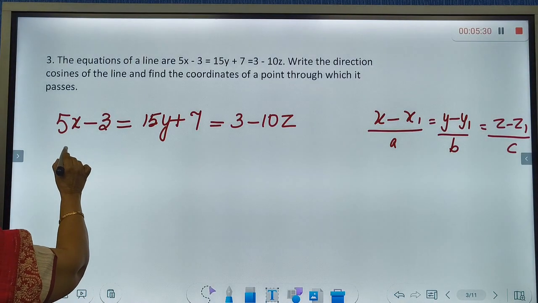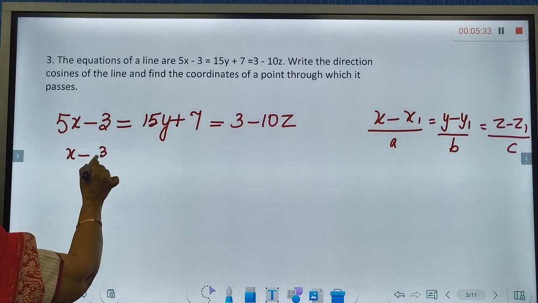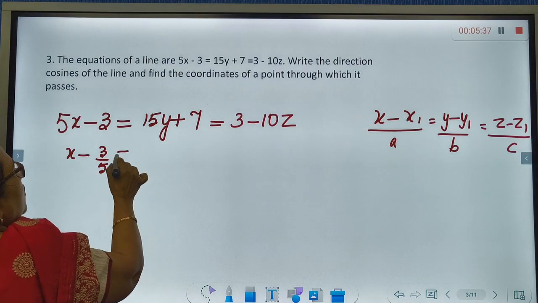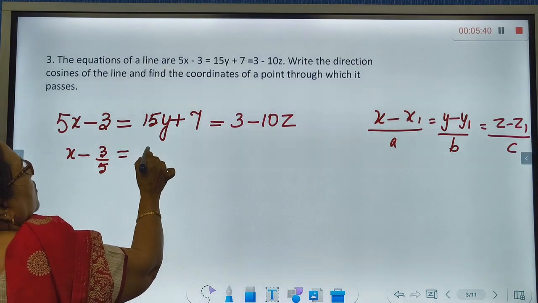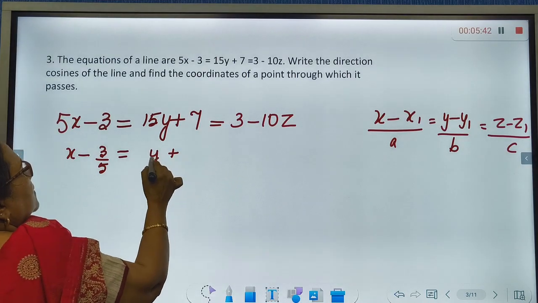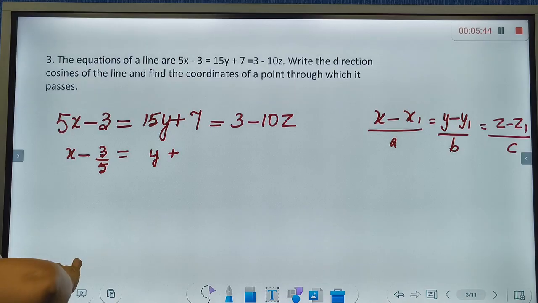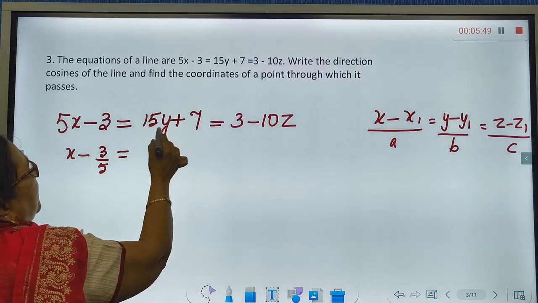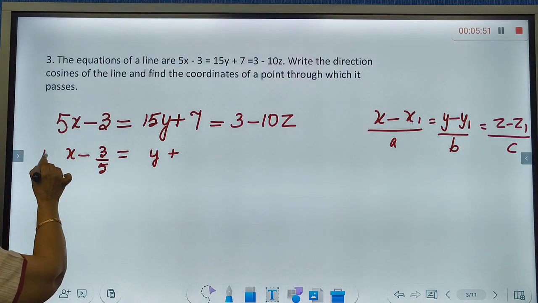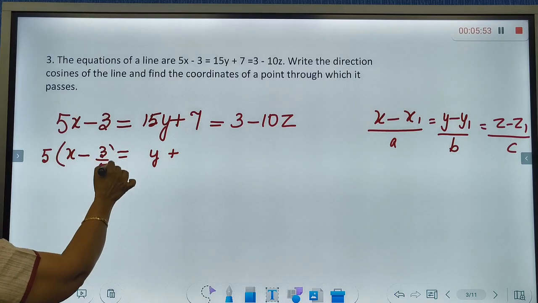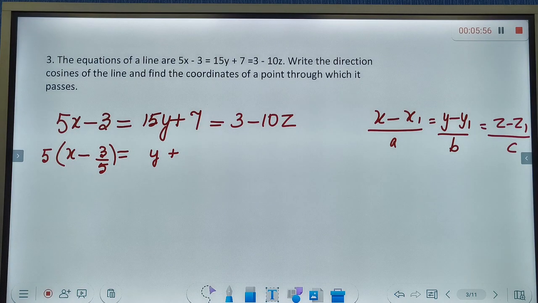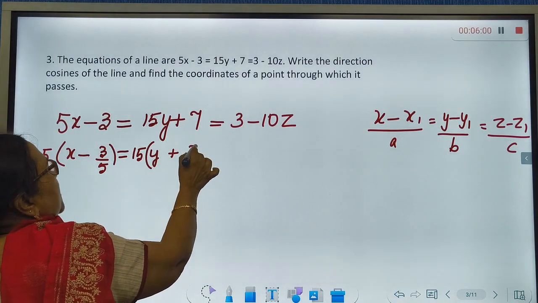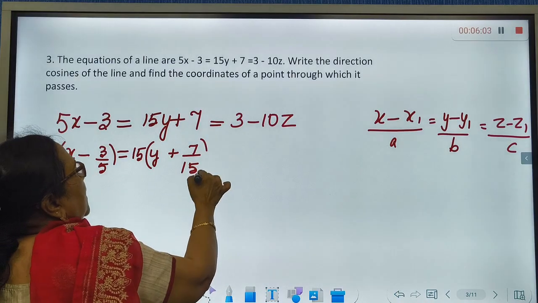So I am going to divide by 5. So I'll get x minus 3 by 5, okay, is equal to y plus, so how should I write it? Y plus 7 by 15. 15 if I take out. See here I've taken 5 outside. So what will I get? 5 into x minus 3 by 5. Here I will take 15 outside. What will I get? Y plus 7 by 15 equal to